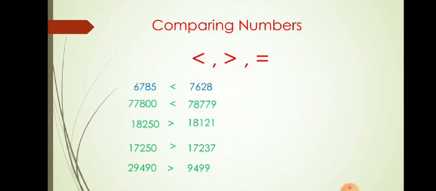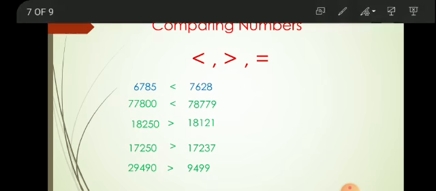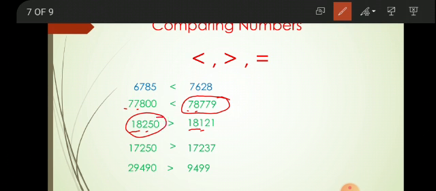In the second example, I have 7 and 7 on the first place. So my second place will decide. This 7 is the same, so this second place will decide which number is greater. Because of this 8, this number is greater. If the starting 2 digits are same, then who will decide? Then the third place will decide. Because of 2, this number becomes greater. If the starting 3 digits are same, the fourth one will decide and this number is greater.